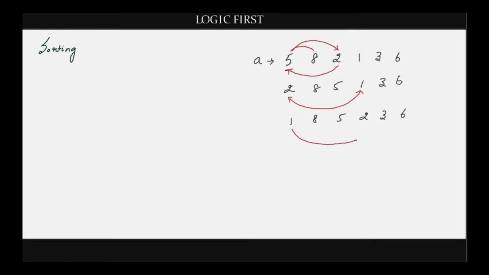Now when you compare the first element with the remaining elements in the array, there will be no more swaps because 1 is the smallest element of the array and we have placed that in the first position. Now we are done with the first position. Let's do the same thing with the remaining numbers. Take the second number and compare with each and every other number and make a swap if necessary. By doing so, you will get the next smallest number in the second position and you can repeat the same thing till the end of the array. And finally, you will have the sorted array.